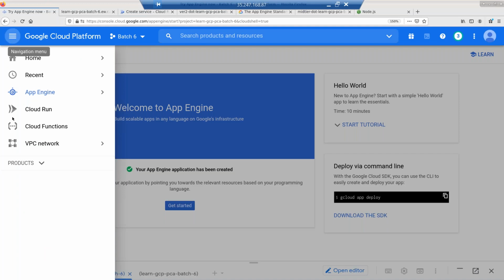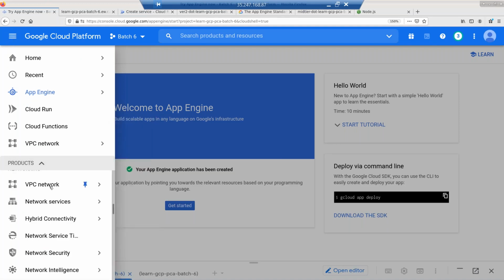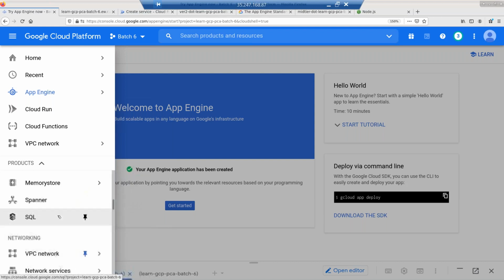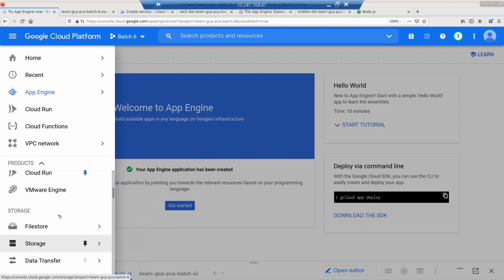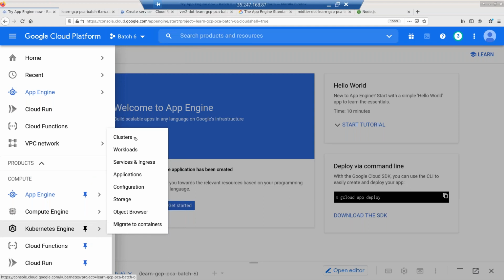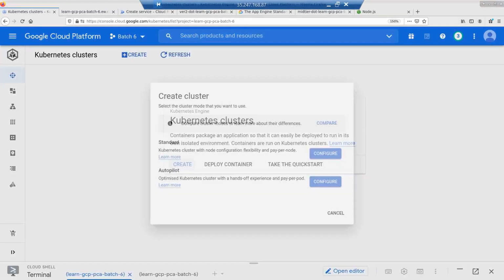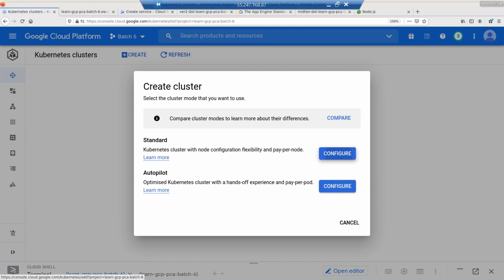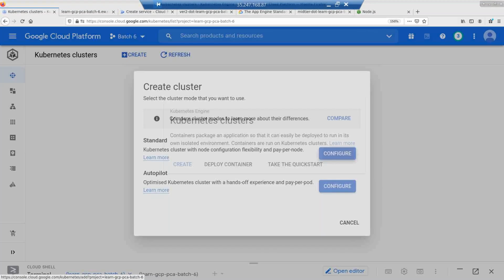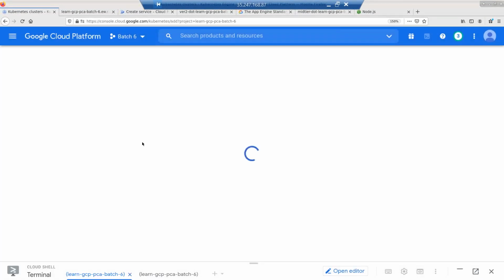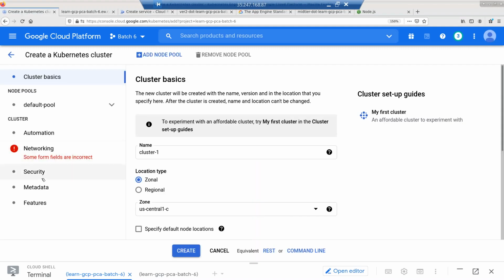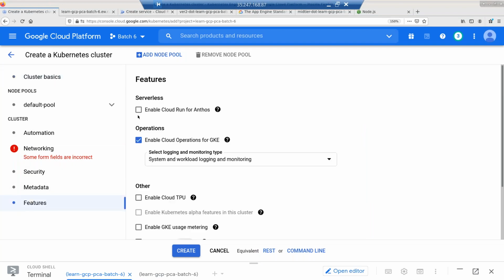So what they are indicating is, if I just go to Kubernetes, you can run your Cloud Run jobs or Cloud Run standard, where you turn on Cloud Run for Anthos. So if I just go here to features, this feature is what you need